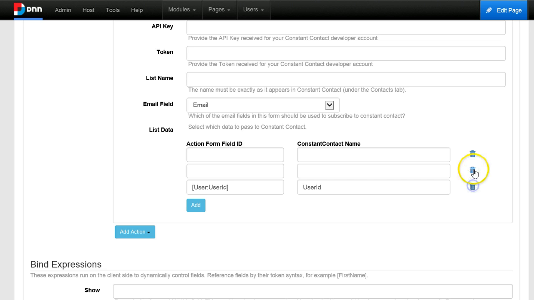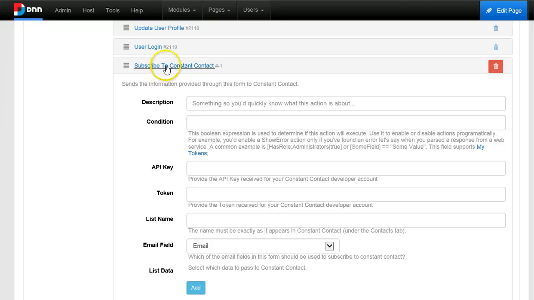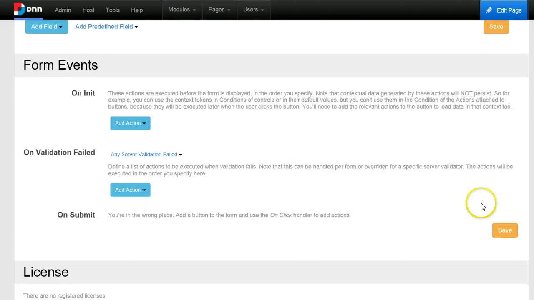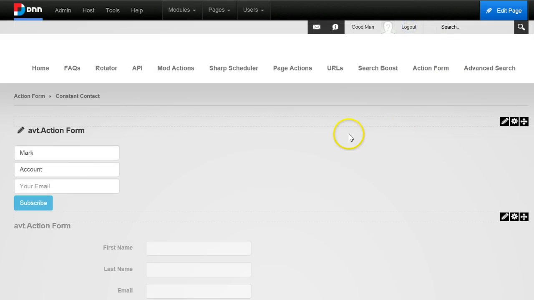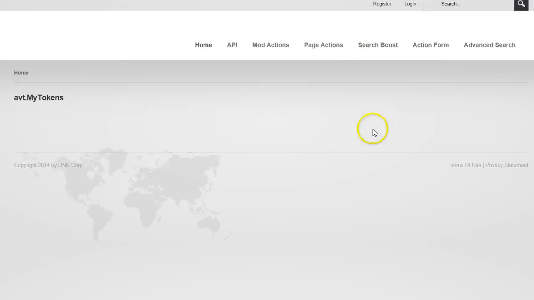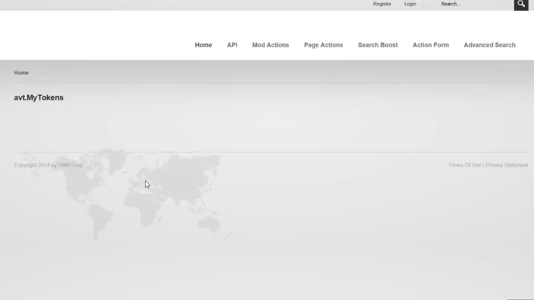I will not add any fields in this registration form. Let me just save it and demonstrate it to you real quickly, that when I create a new account, and I will have to log out first, I am automatically subscribed to constant contact. And to make things more interesting, let's put a checkbox that says to subscribe to newsletter and only submit to the list when that